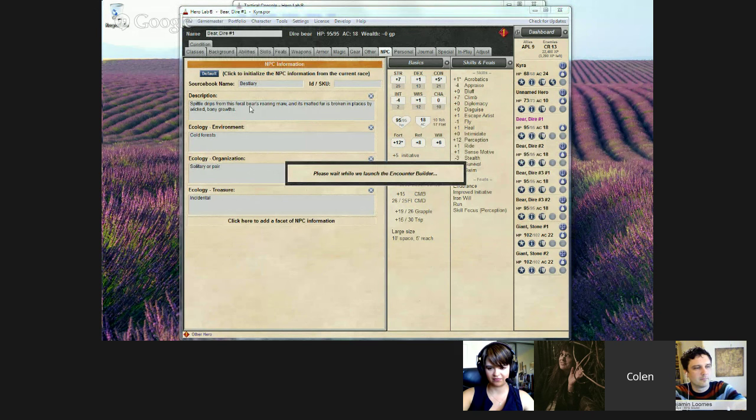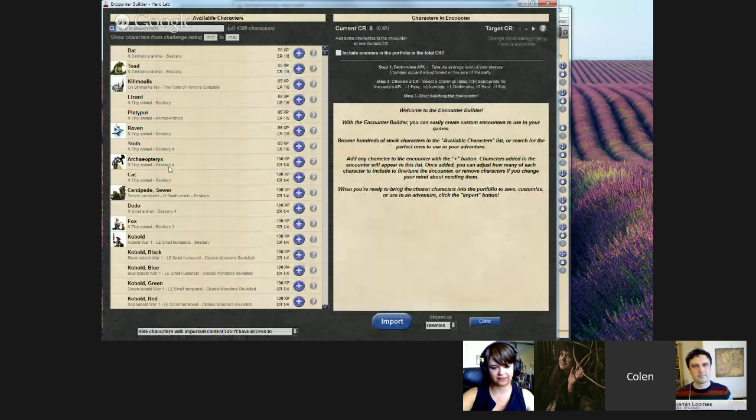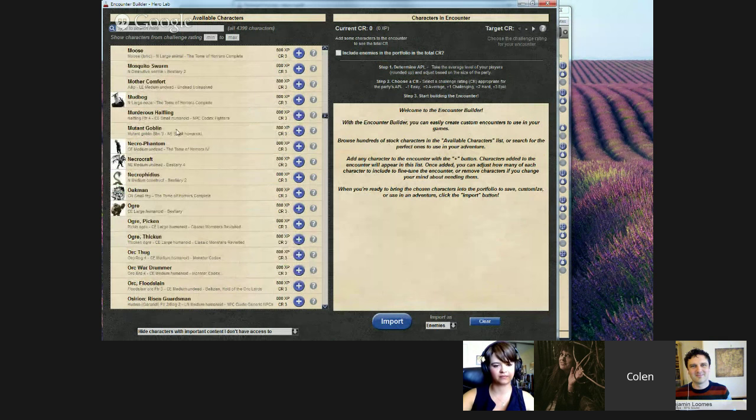In the encounter builder, the sourcebook for every character is shown with that character. So, for example, the bat is from the Bestiary. The Archaeopteryx is from Bestiary 4. If we go down further, the murderous halfling is from the fighters in the NPC Codex. So, if you're looking to add characters from specific